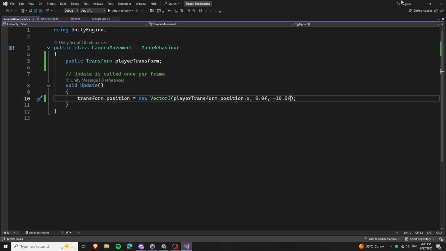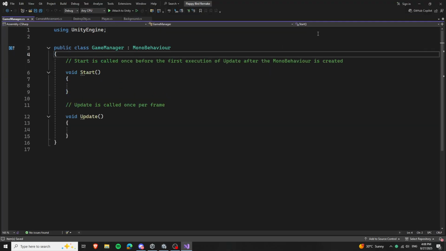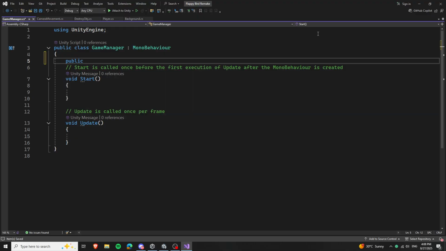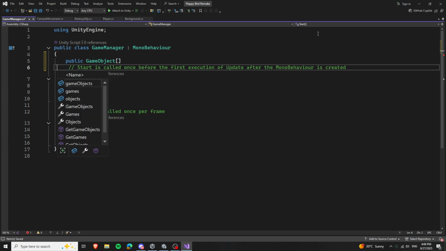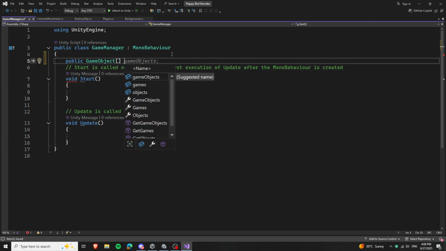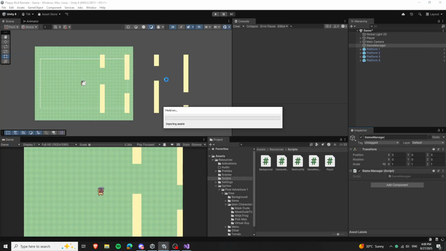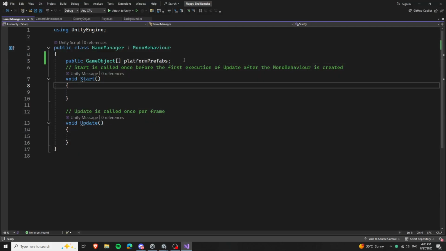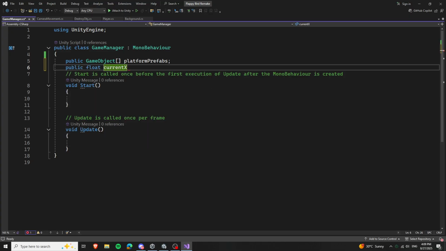Okay, now we need in here to have a couple of things. So one is we need to have all the possible platforms. So we make an array of that. Game object array. Then we call it platform prefabs. Then we need to know the starting x. We need to know the x of the platform here in the scene. So let's say public float current x,